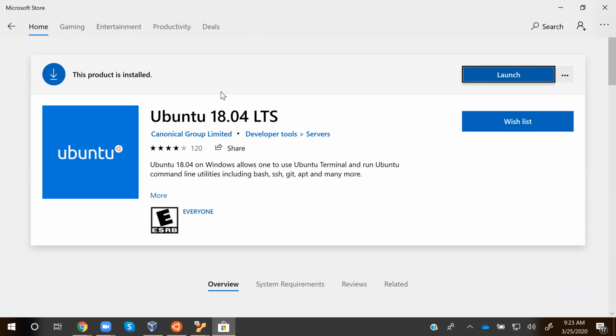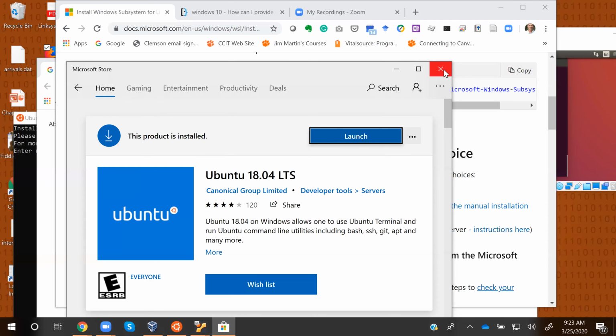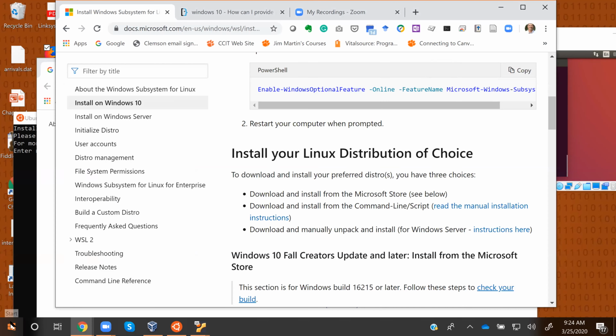Although I've already installed it, and so that's why it says it's installed. You should see something that says install. So just click the install button. It may prompt you for a login. I was able to say don't log in, and it still let me download this. So once this is installed, then